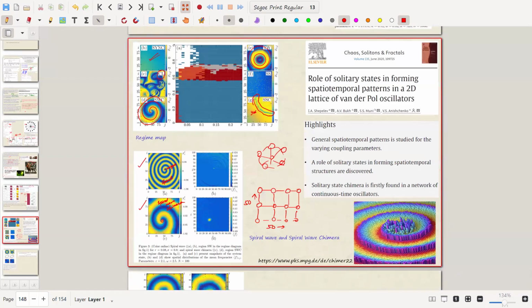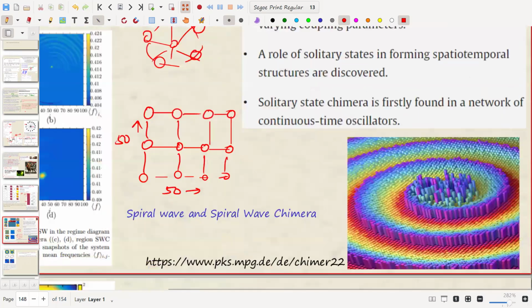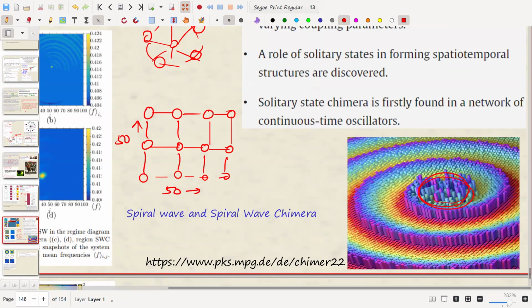Okay. So this is a very nice image of this spiral wave, or a chimera. You can see it's a chimera because you see a lot of different colors at the center. This was taken from a German website, during some conference. But anyway,